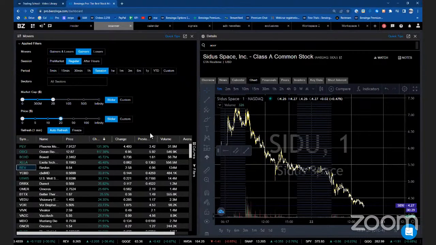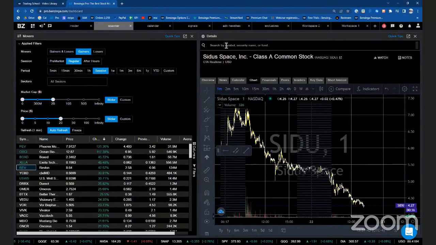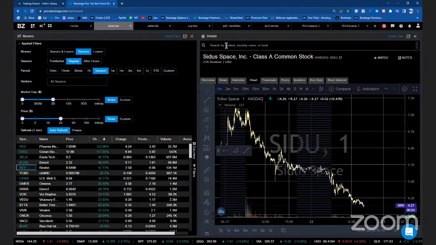Most people, not everybody, but a lot of people will join, and it's very unfortunate, but it's after they blew up half of their account or all of their account. And I'm the one that has to take those calls and talk to these people. Don't think it's uncommon. It's very common for retail traders to mess up their account. And I don't blame them. There's a lot of misinformation out there. There's a lot of YouTubers.